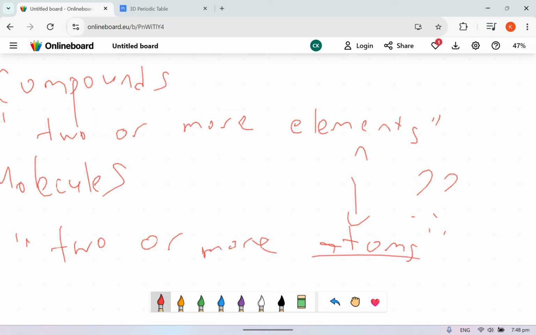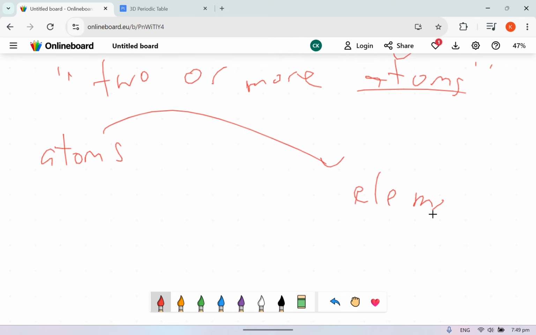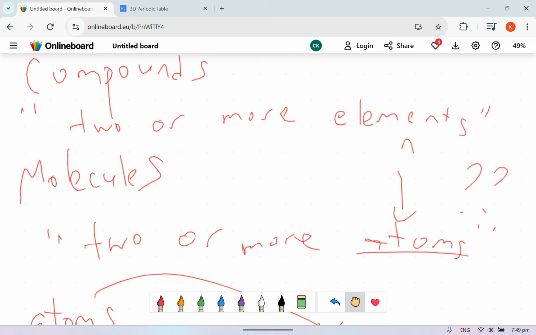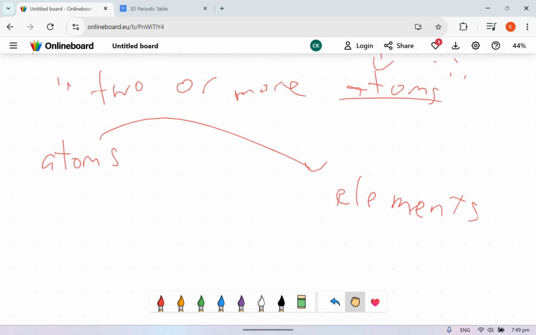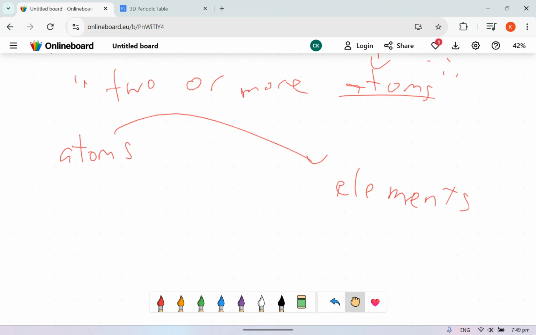They all belong to a certain element, and only that element, no other element. So now you get what the contradiction is. You may say, oh, elements, are they the same as atoms? They're not. But atoms all belong to a certain element. So that's why all compounds are molecules. Because molecules are defined by two or more atoms, and all atoms belong to a certain element.